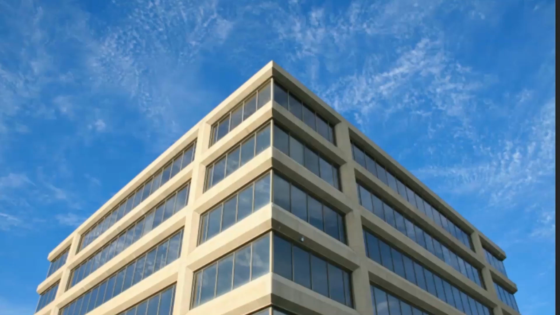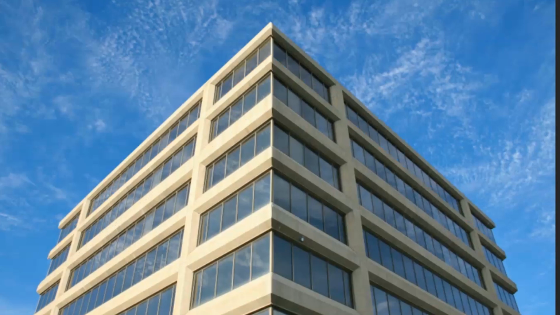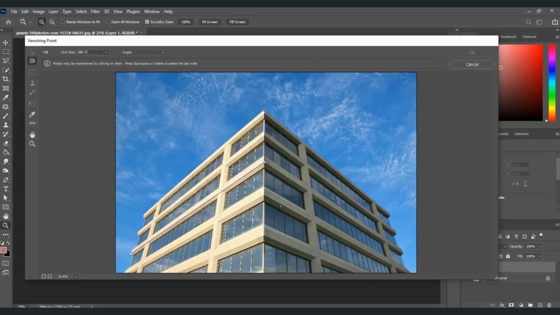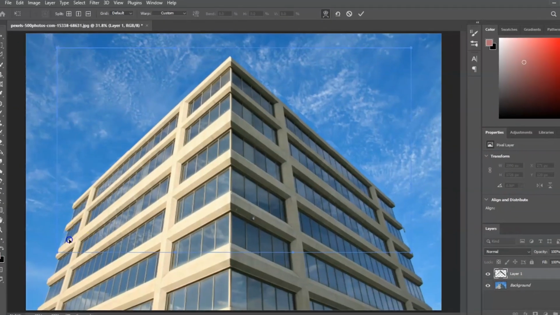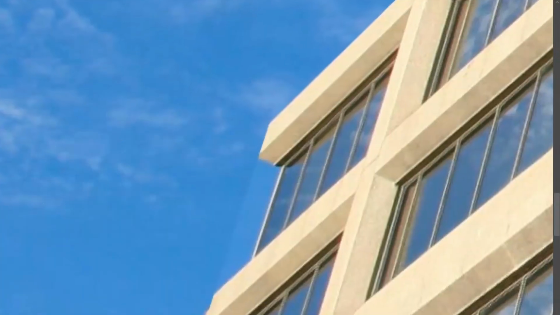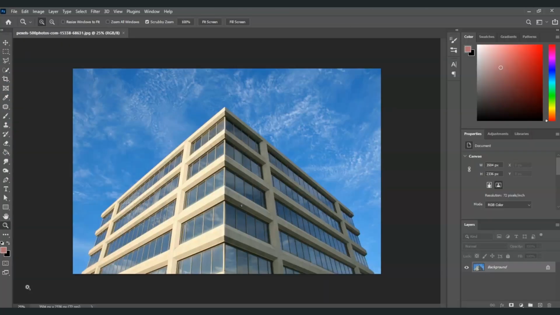Hello there guys! For today's video, I'm going to show you how to extend buildings in Photoshop. And also we will dive deeper into using Vanishing Point, the Create Plane tool, the Marquee tool, and the transformation command. So let's get started! So here in our document, I prepared an image of this building, and our goal